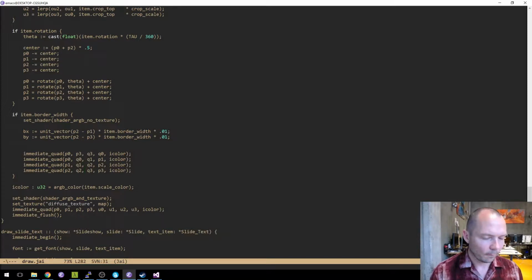P0, P3, Q3. Oh, no. Okay, wait. That only works if your last edge is an edge that's one of these diagonals that's shared by two quads. So I'm going to reorder these a little bit.